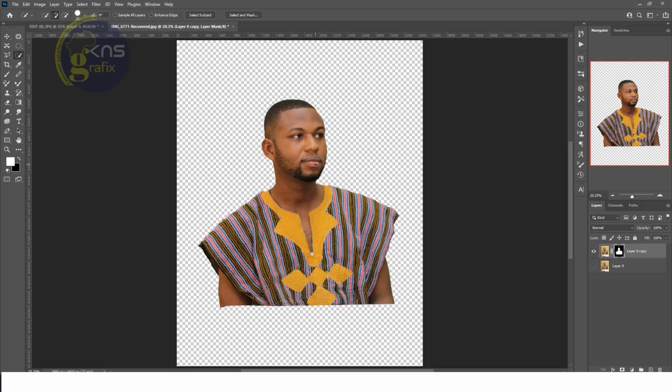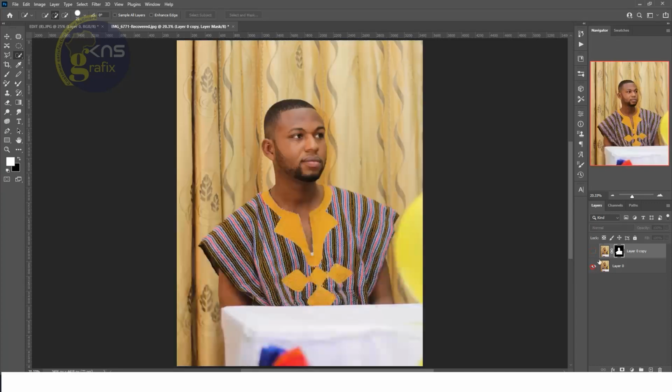When the background of the image is not uniform and you can't just use the magic tool or the quick selection tool to do that, you just have to use this process. Okay, so there are other options that you can use to delete the background, especially, let's close this and just